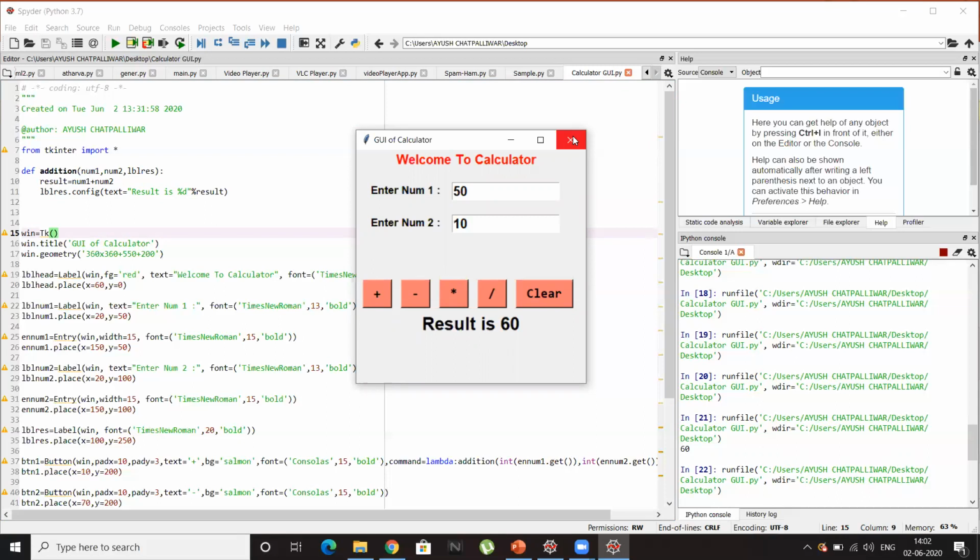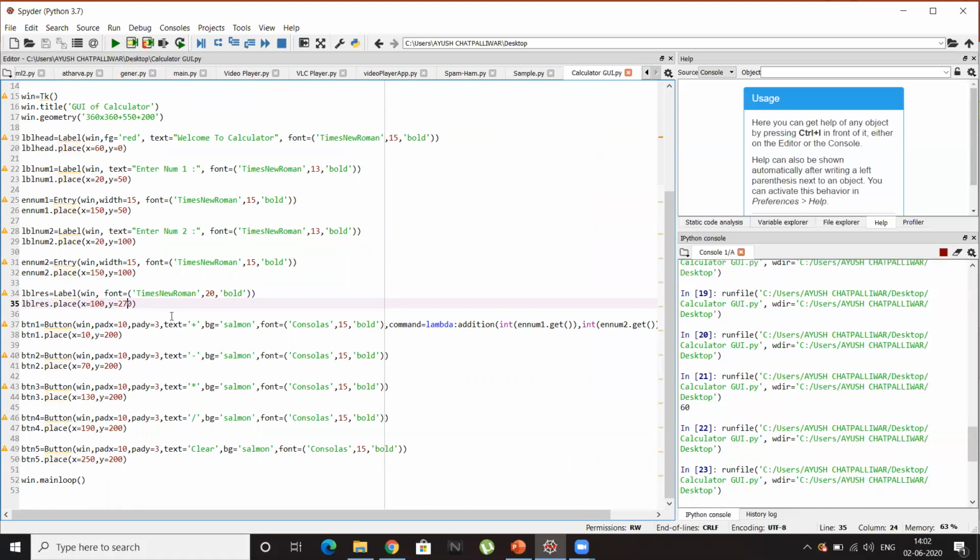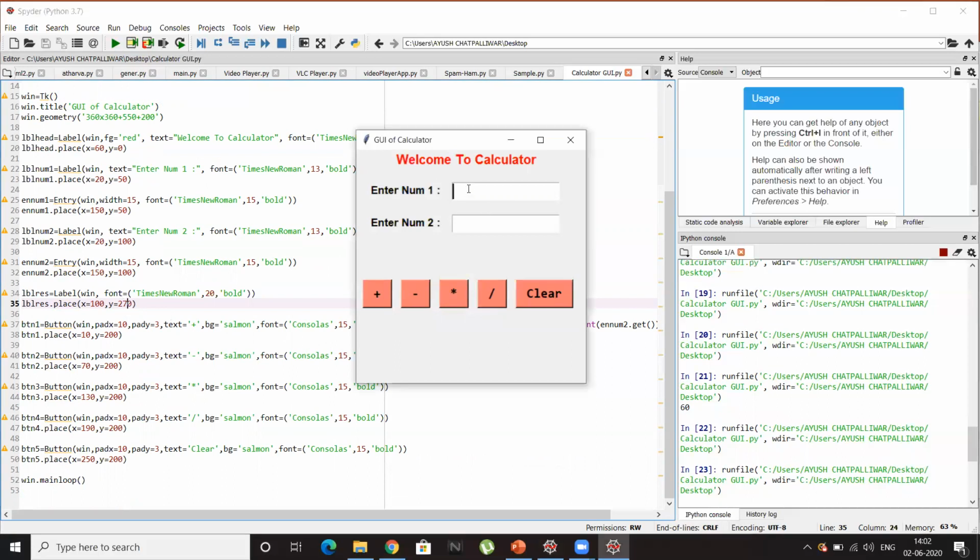We'll just have to increase the y coordinate of the result label. Here our result label is there, yes, here. So we'll just have to increase the y. From 250, I think I can make it 270. So now let's check, 5, 6, plus, yes, it's now okay, result is 11.